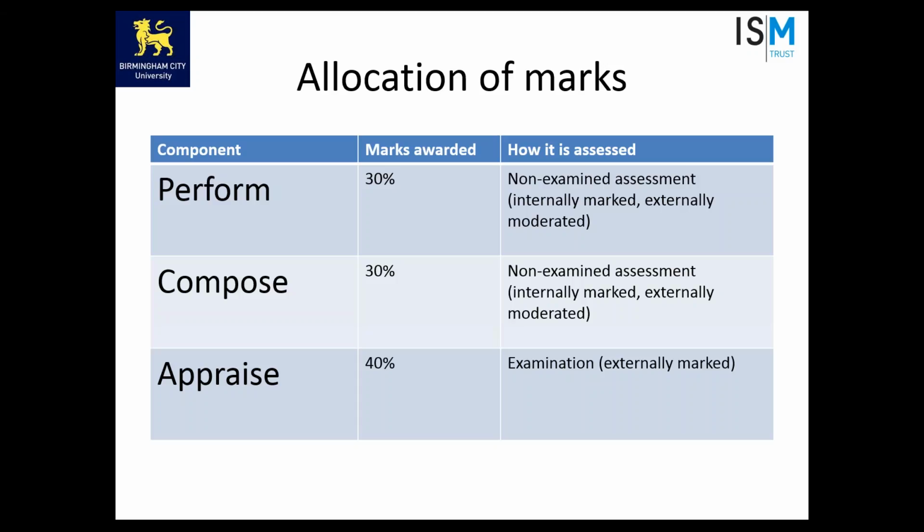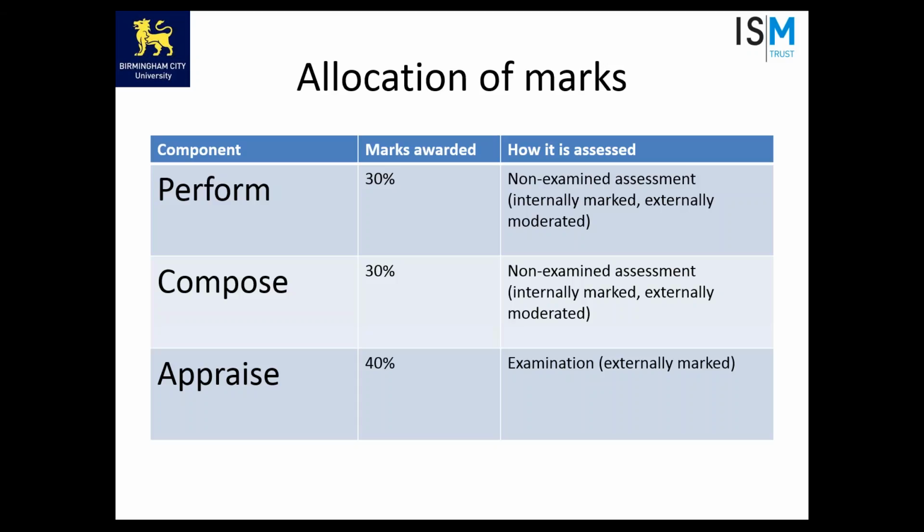So the allocation of marks has also changed slightly from the GCSEs, which are currently out until next year. And at the moment, the reason for that is there is flexibility with the examination boards about how they split the marks. But that flexibility has gone with the new GCSE, with Ofqual saying, no, it has to be 30% performing, 30% composing, and then 40% split between the last 2